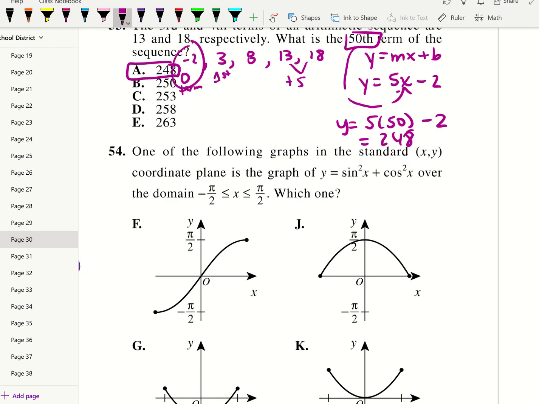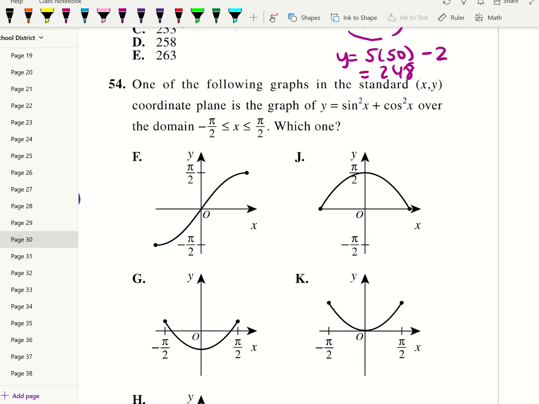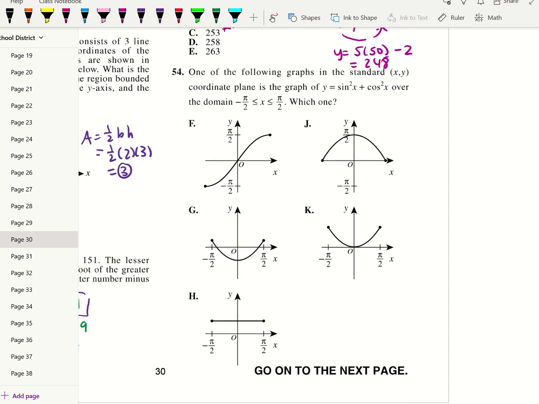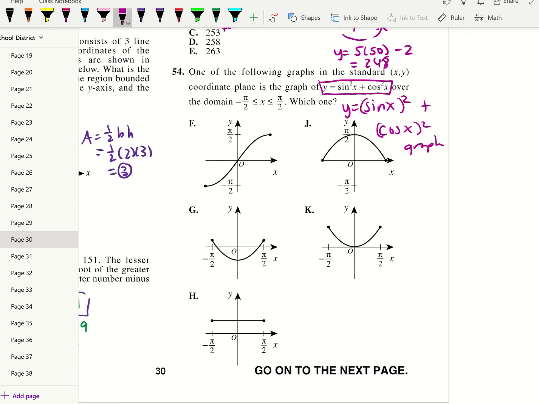Last one, number 54 for this page. You can do this two different ways. First thing you can do is take this and put this into your calculator. You're probably going to have to put it in like this. Sine of x quantity squared plus cosine of x quantity squared, and graph this on your graphing calculator, and you